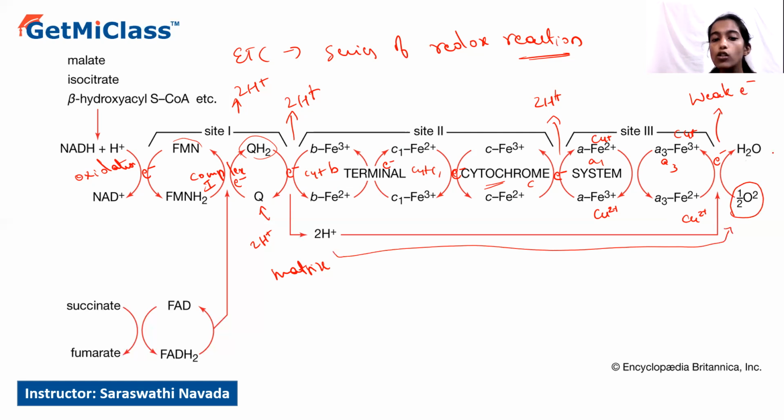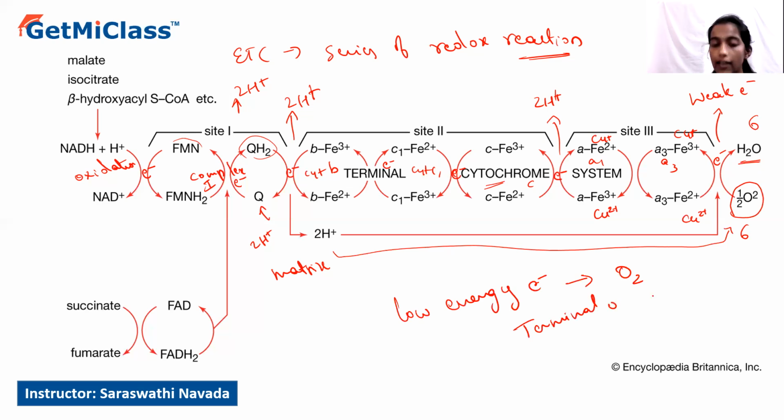So this is where 6 molecules of water will be formed during the process of aerobic respiration, and 6 molecules of oxygen will be utilized. And as the low energy electron is finally accepted by the oxygen, this process is called terminal oxidation,